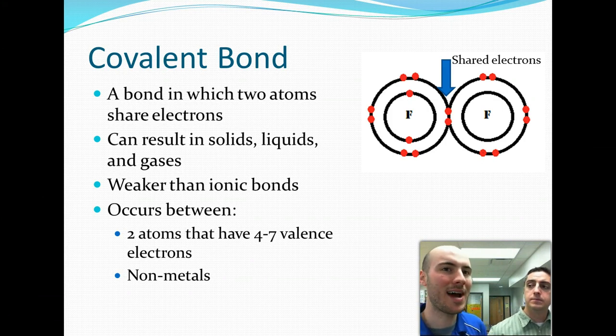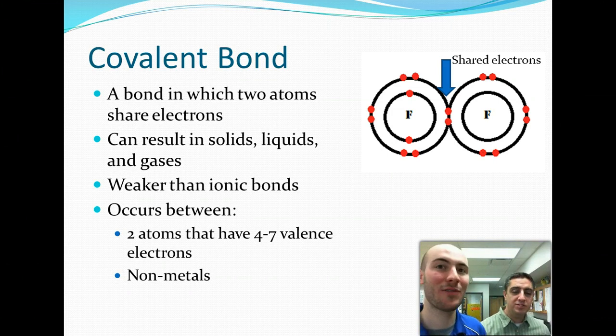They are weaker than ionic bonds, which Mr. Black will explain in a minute. And this occurs between nonmetals. So all that stuff on the right side of the periodic table that is not a metal, if they're bonded together, it's a covalent bond. Also remember that hydrogen is a nonmetal. So for example,